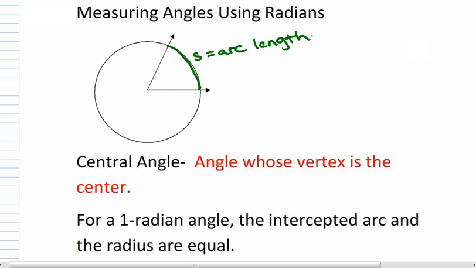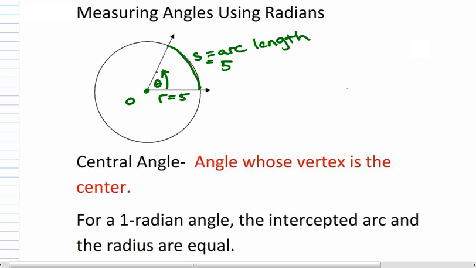And basically, it's based upon the central angle. So notice if this is the center of the circle, let's say it's the center O, then this angle here, theta, is a central angle whose vertex is in the center. And for a 1 radian angle, the arc and the radius are equal. So for example, here's the radius right here. If I said this was 5 and the arc length is 5,